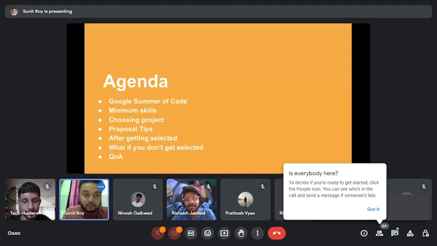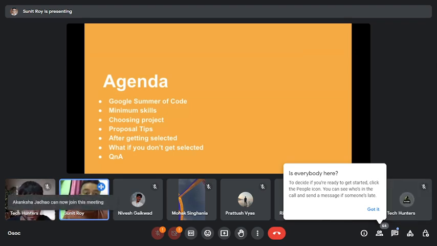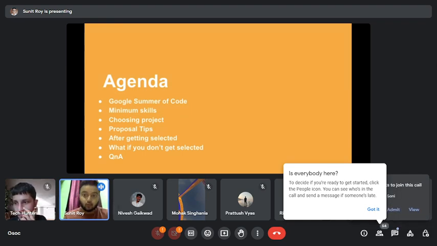Let's talk about today's agenda. First we will talk about Google Summer of Code, what it is, and the minimum skills that you will need to contribute to it. Then you have to know how to choose a project in Google Summer of Code. In Google Summer of Code, you will have the chance to choose the project that you want to work on. So I will be talking about how you should select those projects. I will also be sharing some of my personal tips for making a good proposal which will maximize your chances of getting selected, and what to do after you get selected, and also what to do if you don't get selected,